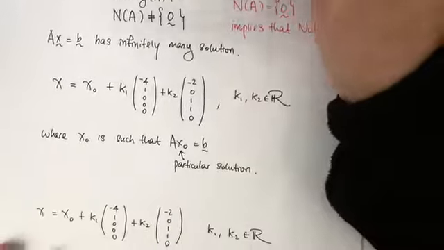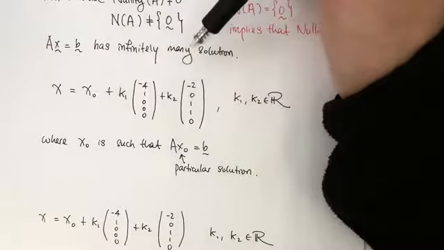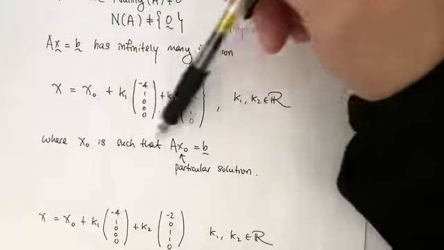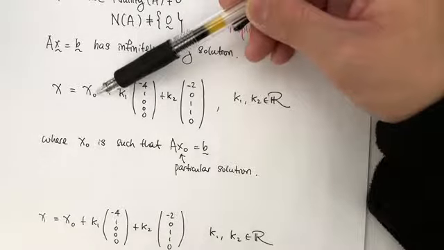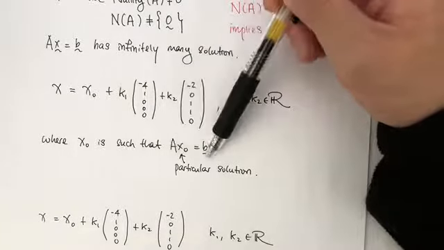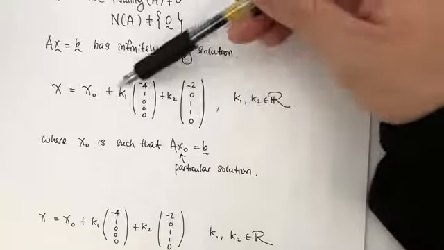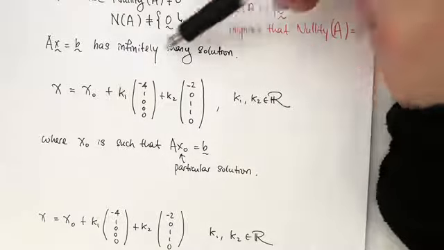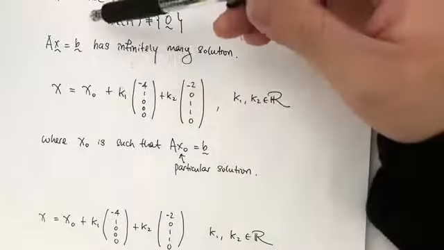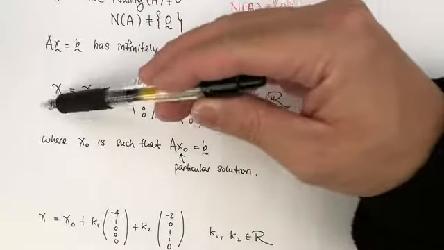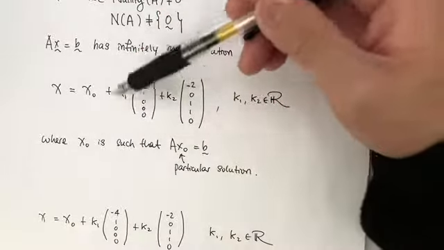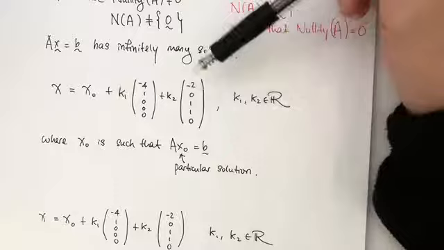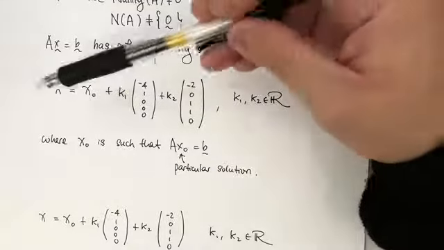Now we talked about this in class before. If AX equals B is consistent, then the general solution of the system is going to look something like this. X naught here is what we call a particular solution, which is the one that gives AX naught equals B. And then this part here comes from the null space of the matrix A. So we can see that this obviously will give AX equal to B, because A of this vector is B, and A of that vector is 0 because it is in the null space, so A of X is AX naught, which is